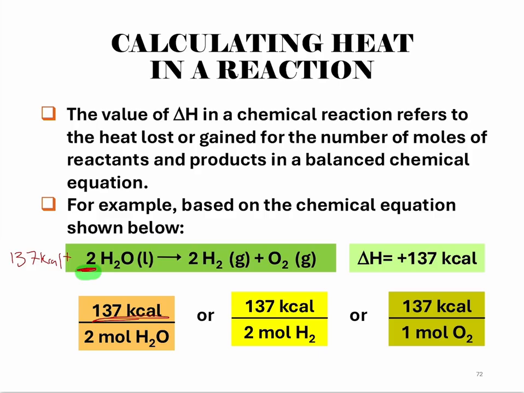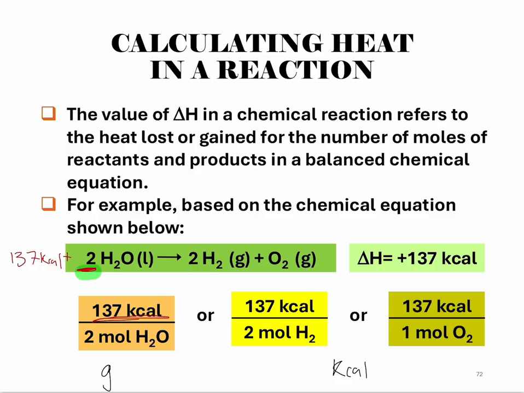So the idea when we're looking at these reactions is first identify is it exo or endothermic. That'll tell you what side of the reaction to put the energy value on. And then that gives you a conversion between moles of that compound in energy required or released during the reaction. Which means that if we can go from moles to energy, we could probably also go from grams to energy, right? If we were to add one extra step, going from grams to kcal,